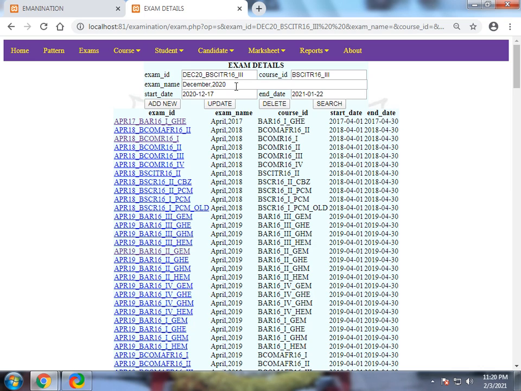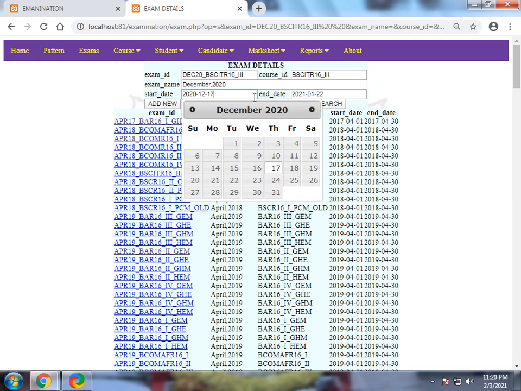So it's the December 2020 examination, with start date and end date. I put in this jQuery calendar format. I use this because in MySQL, or any SQL server, or Oracle or PostgreSQL, whichever DBMS we are using, they use their own default date format, and our HTML form elements use a different kind of date format.